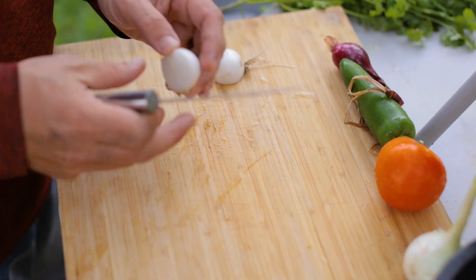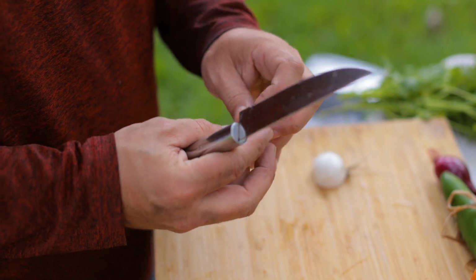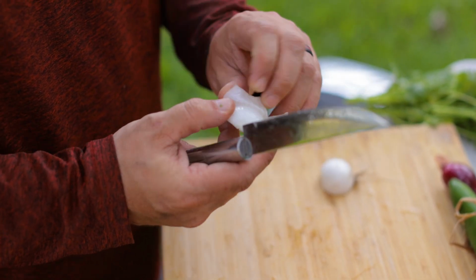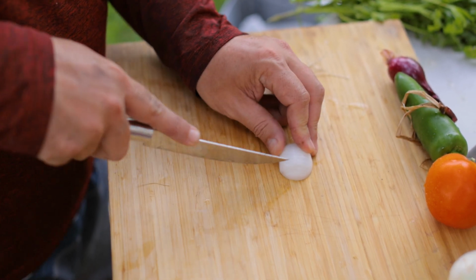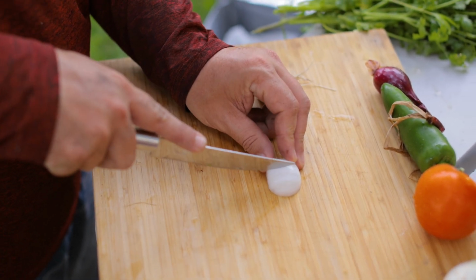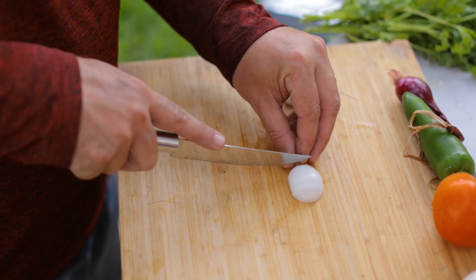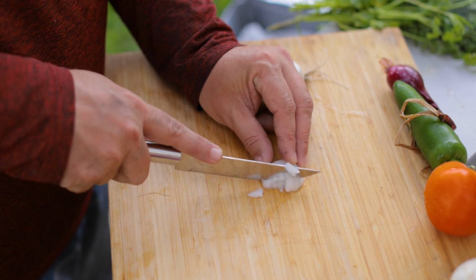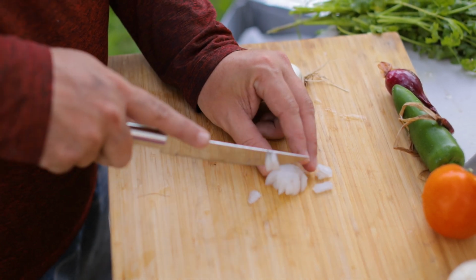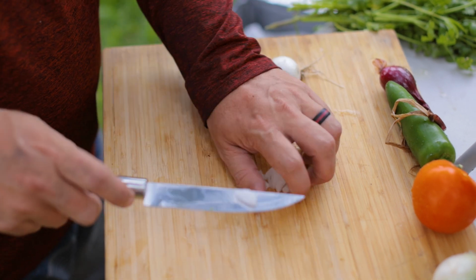So, first of all, take off that outer shell. We don't want any of that was too close to the ground. There we go. Now it's beautiful white onion. Always make sure to keep your fingers tucked back. You can go for a thicker dice if you want, but